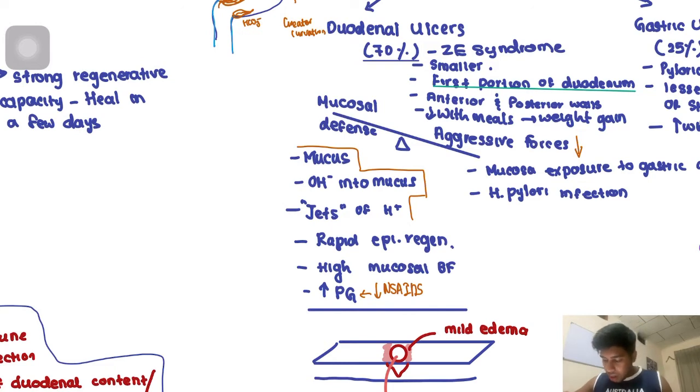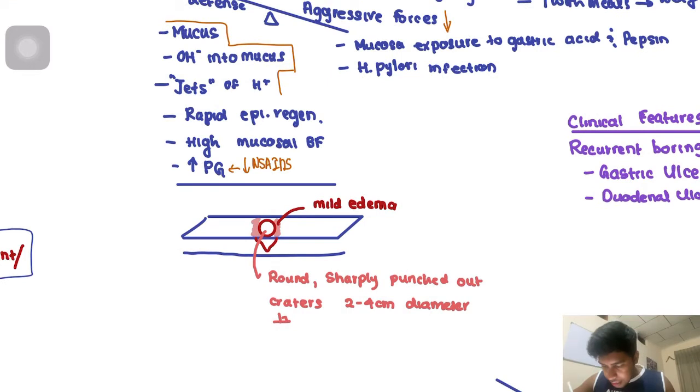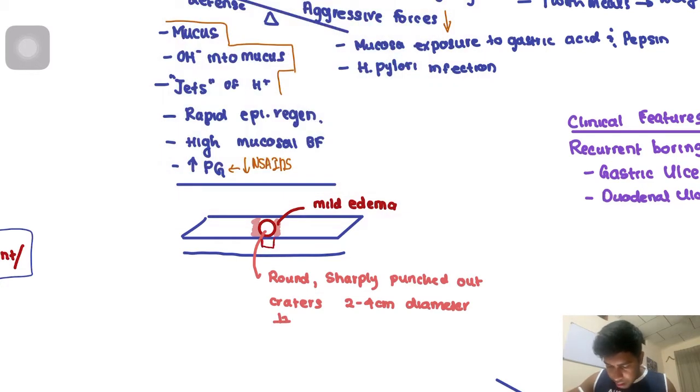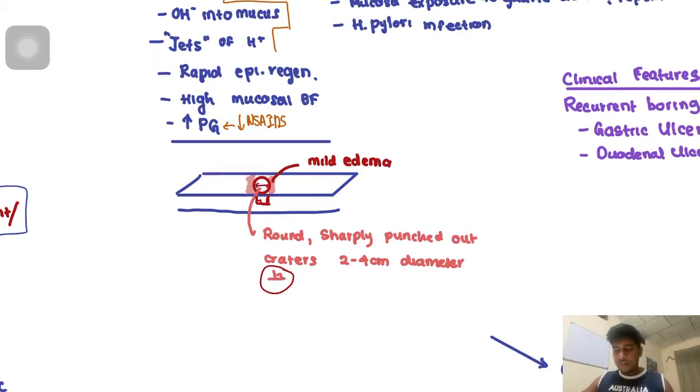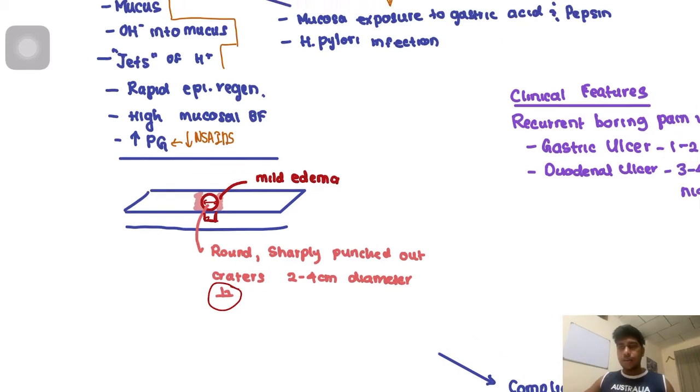Now, what is the hallmark of an ulcer? I have told you before. It's like it has been punched out. It's a region that has been punched out. So if you want to look at it, it will look like this. Okay, look at the angle here. It's 90 degrees. It's around 90 degrees. The diameter is around 2 to 4 centimeters, and the region adjacent to the ulcer will have mild edema. Okay,